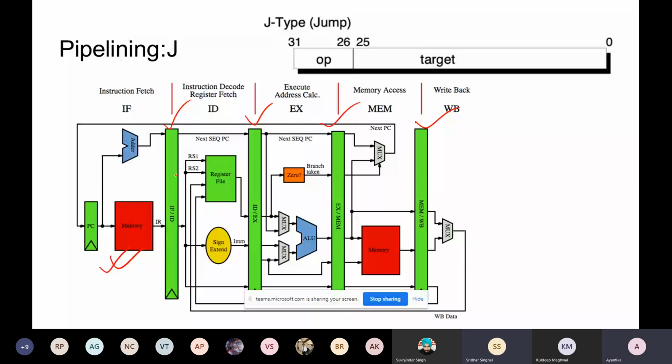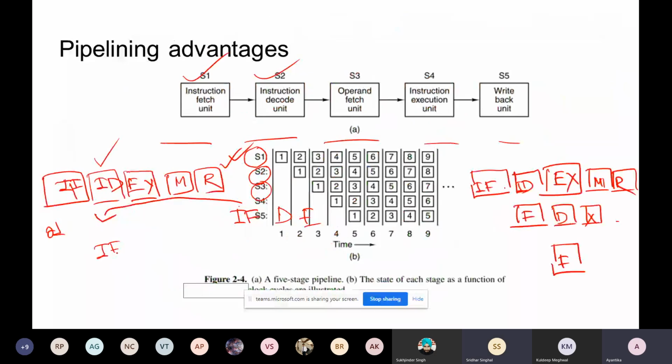Exactly. Whenever the first task is in ID, the second task is already in the IF stage. Whenever the first task finishes ID and goes to execute, the second task goes from instruction fetch to instruction decode. Got it? In this way, you calculate: it will be at most 5 stages plus 1, so 6 clock cycles, where initially there was a requirement of 10 clock cycles. So for 2 instructions you were saving clock cycles, and when executing a huge number of instructions,